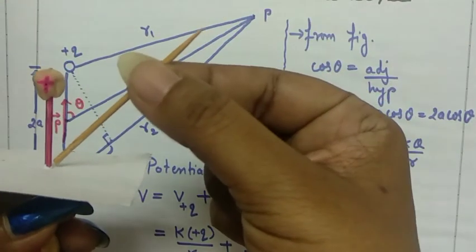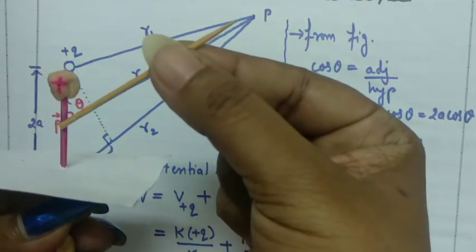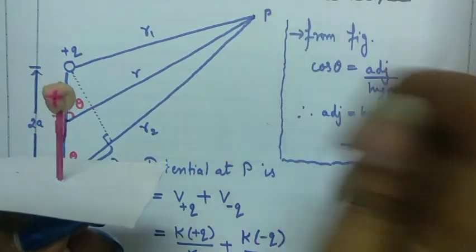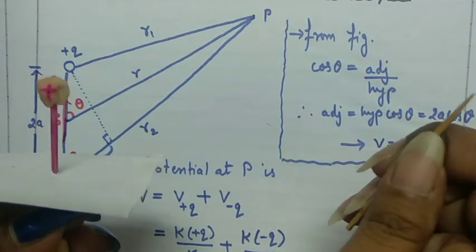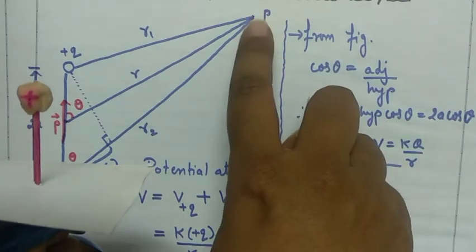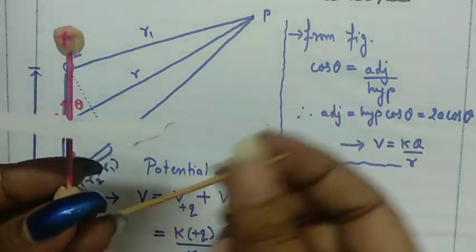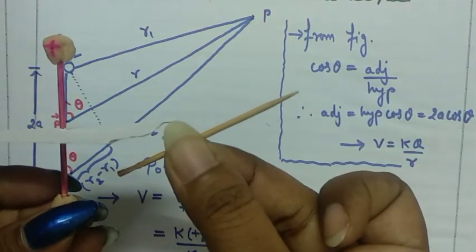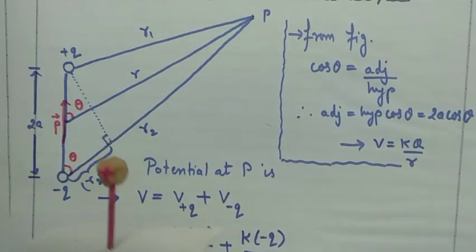Now see, I'll keep this theta constant and I'll just move a little bit upward. And again, I'll move this line R in all the directions. Then again, I am going to get one more circle. And over that circle, again, the potential is going to be same as it was here at the point P. If I come on the other side, again, I'll be keeping the theta same. Then again I am going to get one more circle where the potential is going to be same.